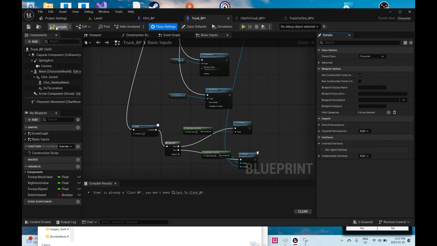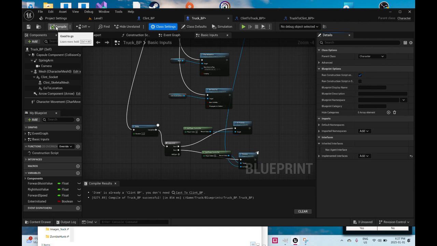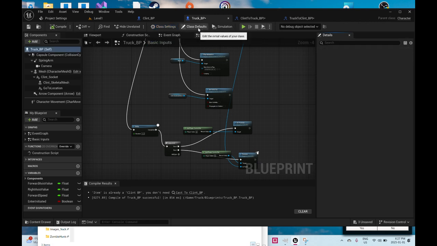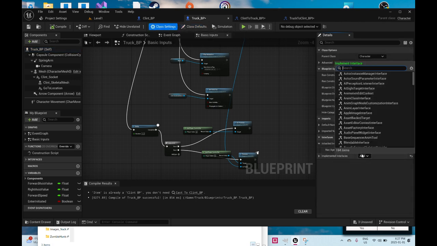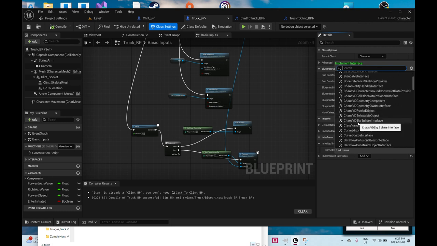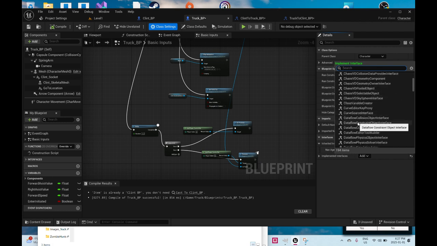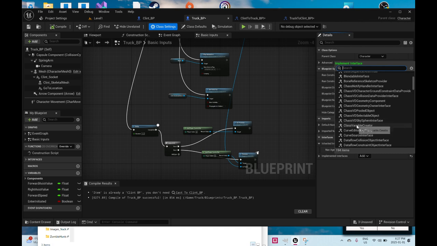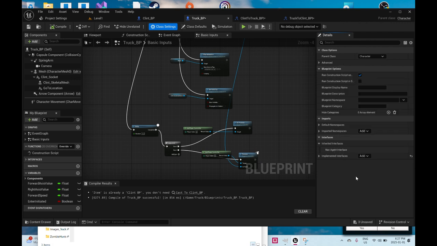Why did that not work? Oh, you have to compile. Is it class settings or class defaults? I think it's class settings. Add. What the heck is it? Oh, there it is. Clint to truck BPI, which means it can receive